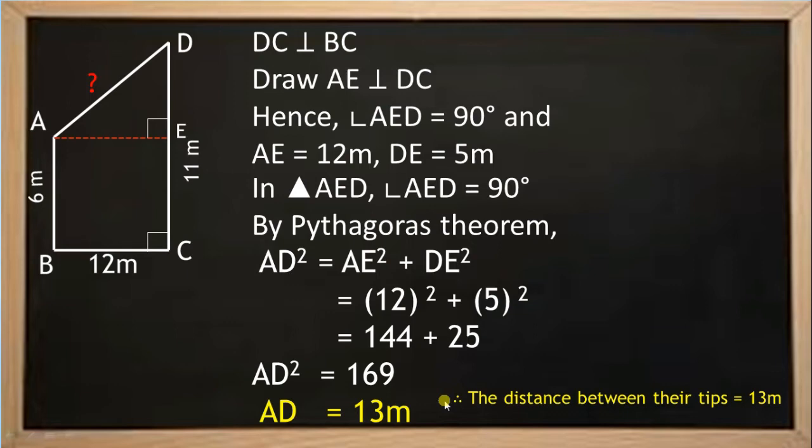Now we can find a right angle triangle AED where angle E is 90 degrees. So angle E is 90 degrees means the side opposite to angle E is AD, that is the hypotenuse. So square on hypotenuse, AD square, is equal to AE square plus DE square. Substitute AE as 12 and DE as 5 and hence find the value of AD.